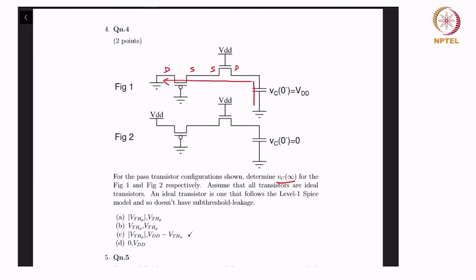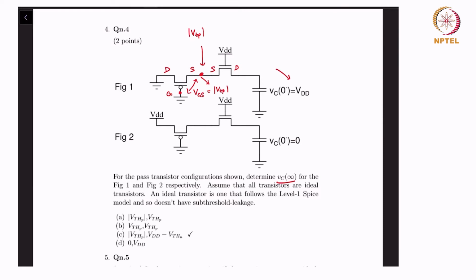Because that's how it works for a PMOS transistor. Now, while there is a conducting path to ground, the capacitor will discharge. So this voltage is falling, right? And so therefore all voltages hence will also be falling, right? But of course this voltage can only fall to mod VTP, since this is the gate, until VSG becomes equal to mod VTP.